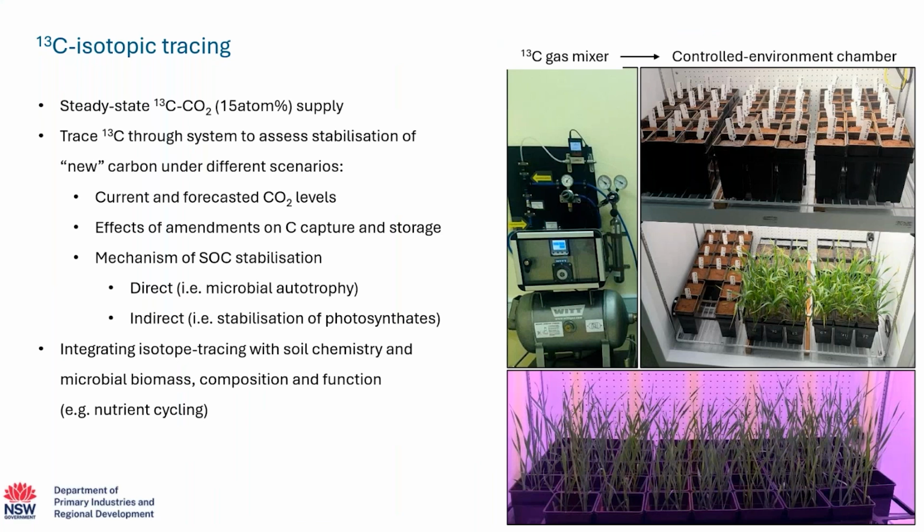The 13C label allows carbon to be traced from the plant tissue into the soil fractions, like particulate organic carbon, POC, and mineral associated organic carbon, MAOC, and even into microbial DNA. Microbes that assimilate the labeled carbon produce isotopically heavier DNA that can be separated to identify microbial guilds that are involved in carbon stabilization. This system also offers the opportunity to produce 13C labeled biochar by pyrolysing labeled plant material for use in future experiments.